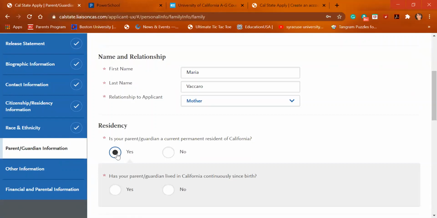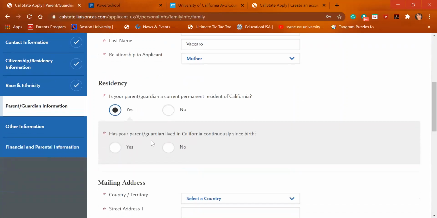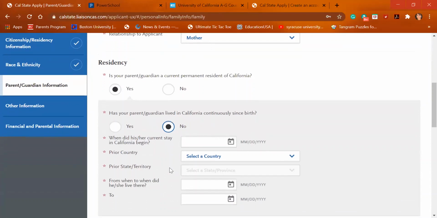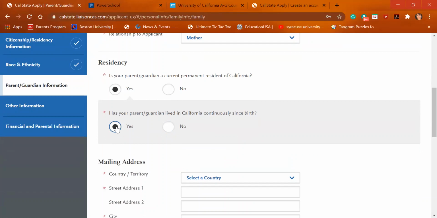Permanent resident is different than having the green card, right? Permanent resident of California means like I'm here, like I pay my taxes, my address, that's what it's saying, right? Has a parent lived here since birth? If you put no, again, you have to answer all these questions. Where were they before? Whether it's in the United States in a different state or in a different country. And then you have to put down from when did they live there, right? So some people were born out of state or out of country, and then went to, is when they come back. If that is not the issue, if they were born here, then you just put yes,